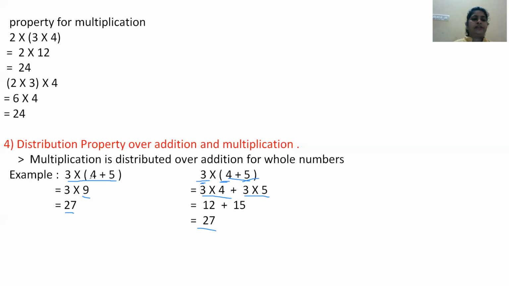However we do, either we multiply 2 or 3 whole numbers, additive whole numbers, we get the final answer as same, or we multiply individually the addition of 2 or more whole numbers, still we get the final answer as same. This is what our distributive law states. Hope you understood this.